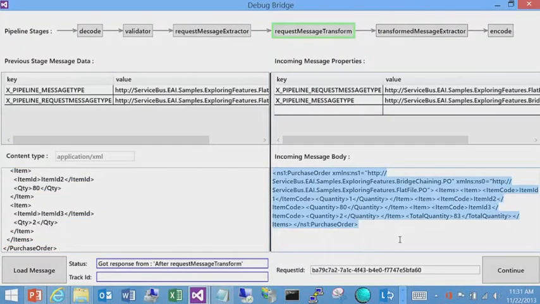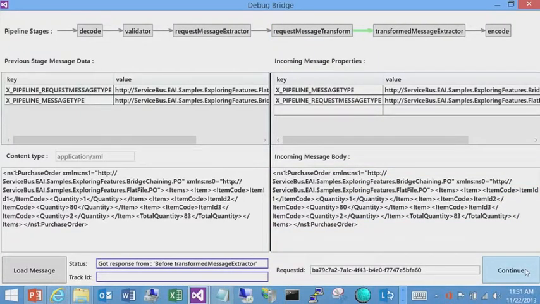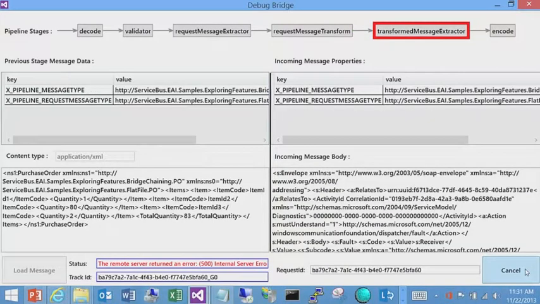And in every stage, you can see what the format of the message is in that stage, and what the incoming message properties are. So if you have defined your own properties, you should be able to send. Right now we are at the transform stage. You can see that this was the incoming message, and based on the transformation, we have successfully transformed that message. So you can see visually by walking through each of the stages, and then you can figure out,